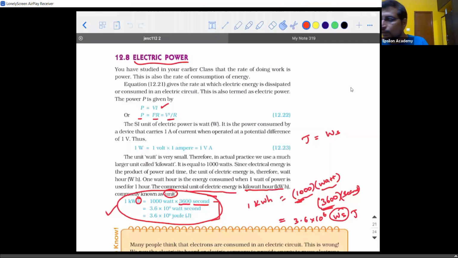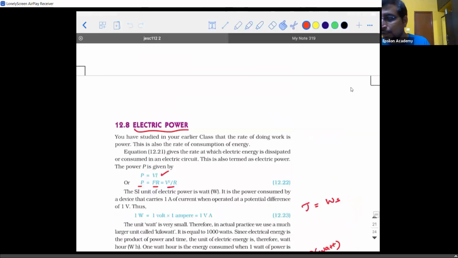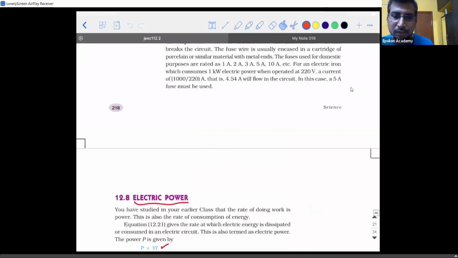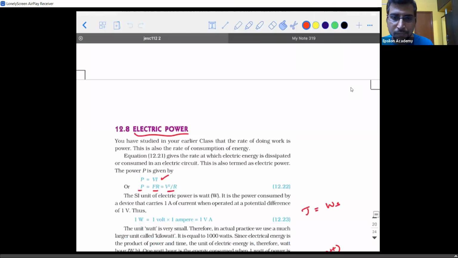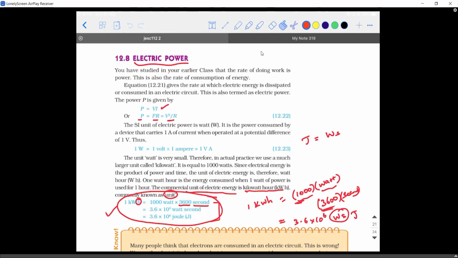So till now we have discussed, last class we mainly concentrated on the heating effects of electric current and their practical applications. So we have seen, right? So is there any doubt from the previous class? Or is there any doubt from the topics we have discussed till now? Is everything clear? No doubt, sir.